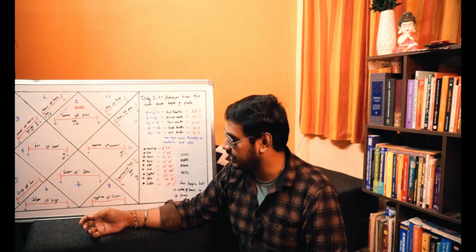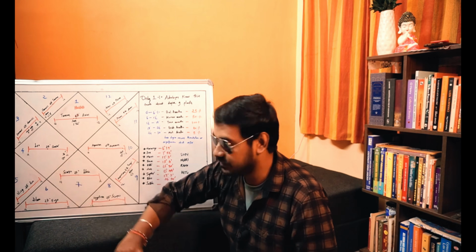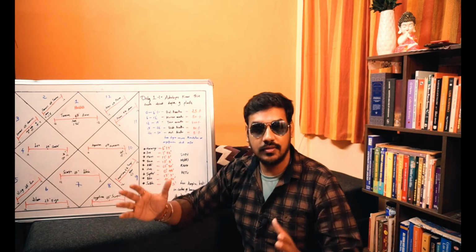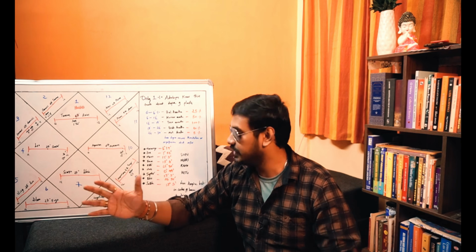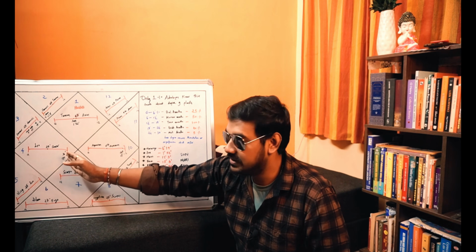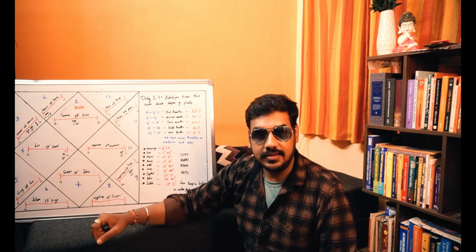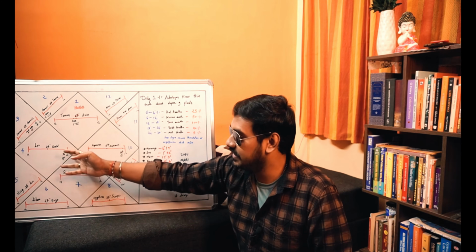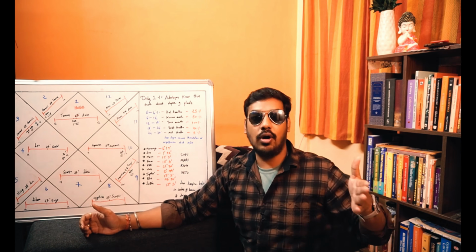But actually, if you see, the 4th house in the bhava chalit chart starts from 12 degrees of Cancer and goes to 12 degrees of Leo. Alright. And Jupiter is actually at the starting or beginning degree of Cancer. Can you imagine that? Jupiter is actually at the beginning of the house. It has not traveled fully into the house. It is just at the border of the 4th house.